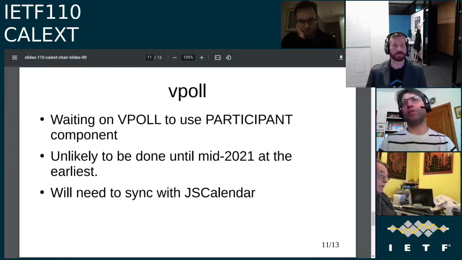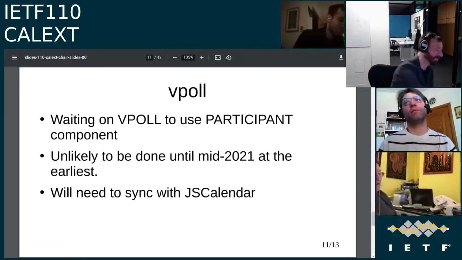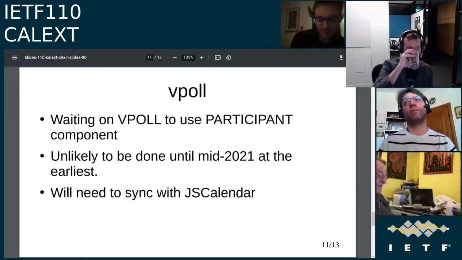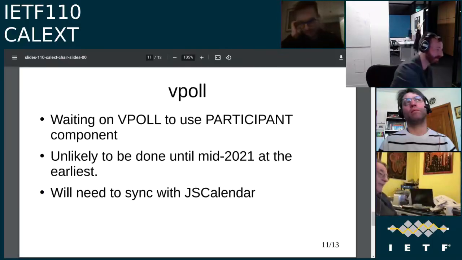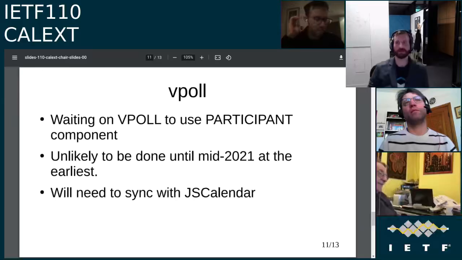Do we need to clarify VPOLL on the CalConnect agenda as well, right? It's a permanent item on the agenda, yeah. Usually somebody turns up that wants to talk about VPOLL, so we take it off, and then somebody says, "I'd like to talk about VPOLL," so we put it back again. I'll read VPOLL and recurrence carefully again before then. Right. VPOLL and recurrence instances always show up on an agenda someplace.